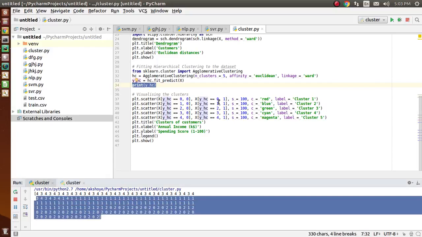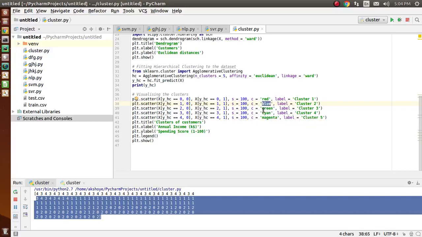So 0 represents cluster 1, I mean the customers who come in cluster 1, and it is represented by red dots. I will be showing you the output afterwards. And cluster 2 is represented by blue dots.